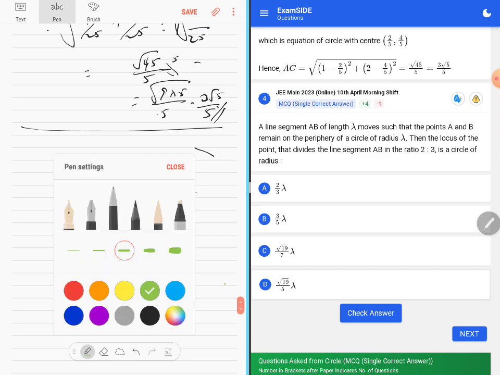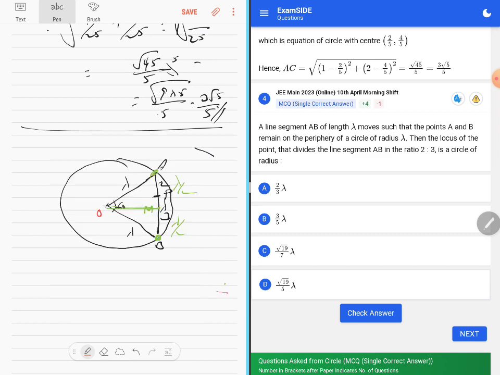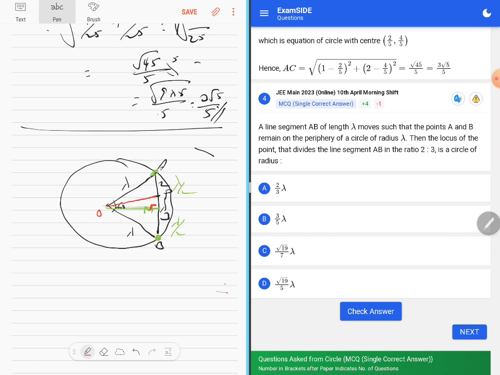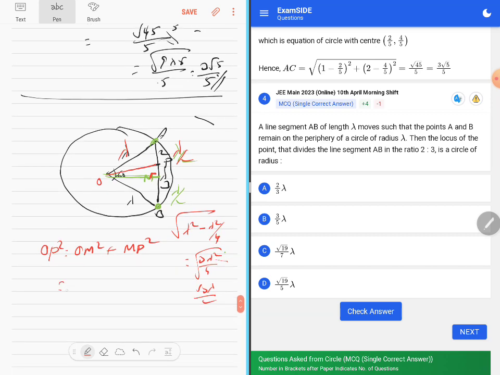Now we can join the center with P so that you get a right angle triangle here, and you know that you can write OP square is equal to OM square plus MP square. And what is OM square? This is lambda, this is lambda by 2, hence you can find OM, which is root of lambda square minus lambda square by 4, which is 3 lambda square by 4, which is root 3 by 2 lambda. So I need OM square, which is 3 lambda square by 4